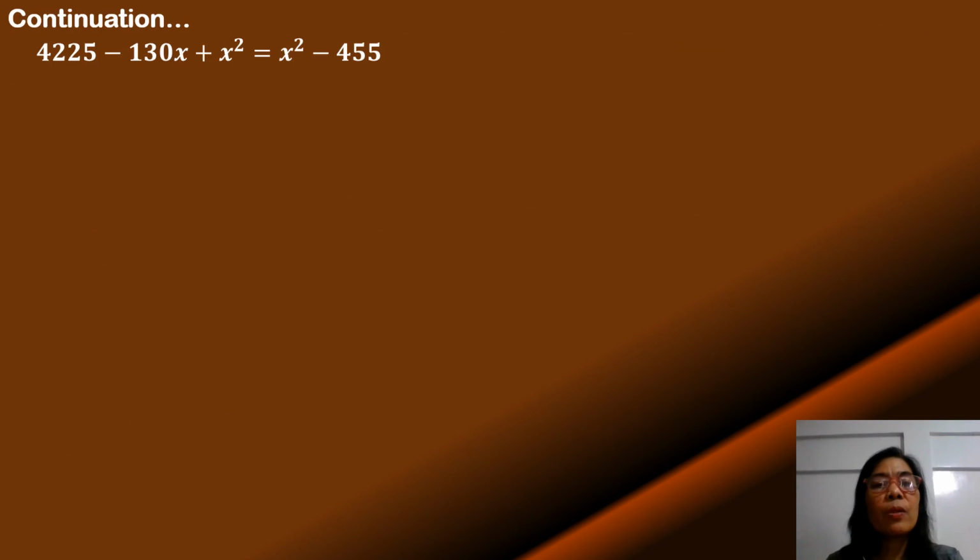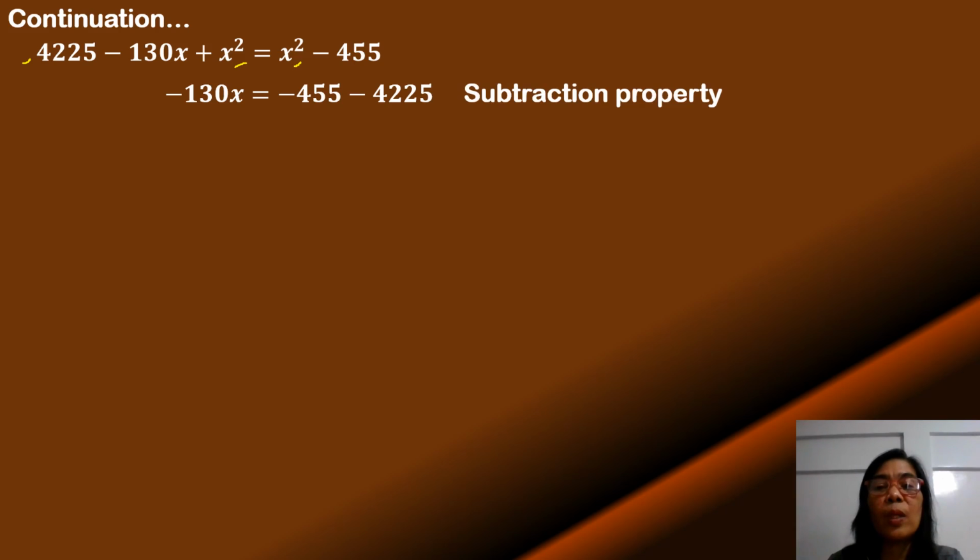So we continue our solution looking at the derived equation. x squared here is common, so we can cancel it out by subtracting both sides by x squared. And we also want to get rid of this 4,225 at the left side, so we subtract both sides by 4,225. So what is left is negative 130x equal to negative 455 minus 4,225. So we simplify further the right side. That will give us now negative